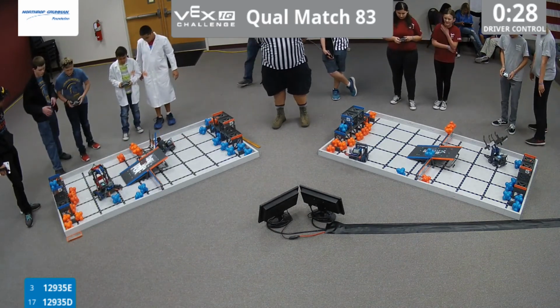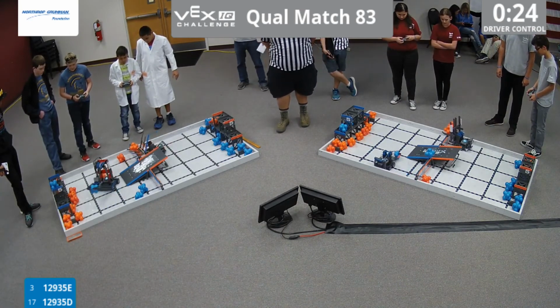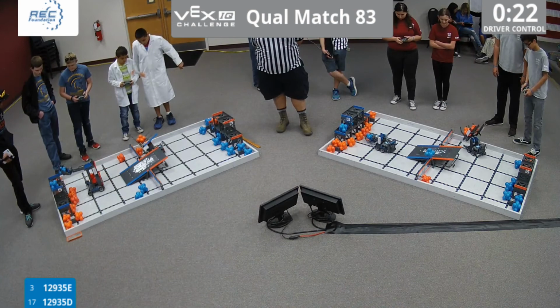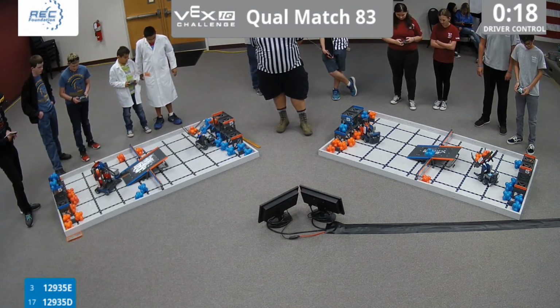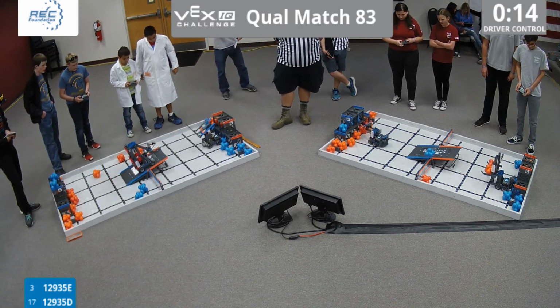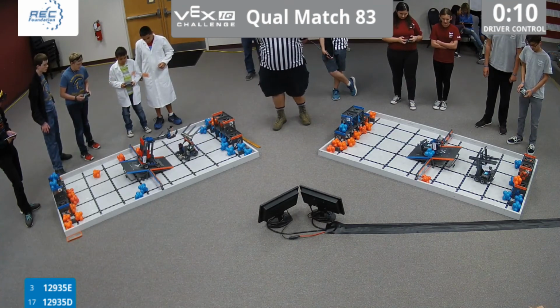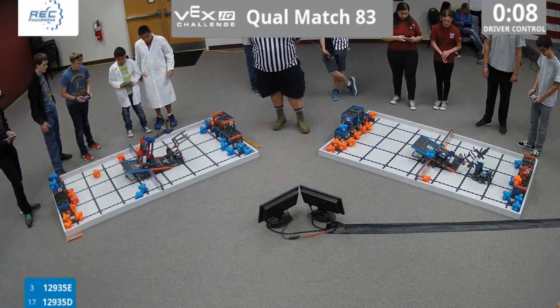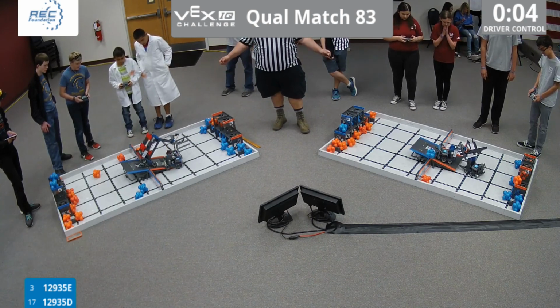Over on field 4, they've successfully put in 1 of those orange hex balls onto the high goal, as well as 2 of those orange hex balls onto the high goal. Yep, 2 indeed. Over on field 3, they're going to work on depositing another 2 of those orange hex balls onto the high goal. We got about 13 seconds left on the clock. Over on field 1, they've got 4 hex balls in the high goal and 3 of those blue hex balls. Over on field 4, they got 2 of each hex